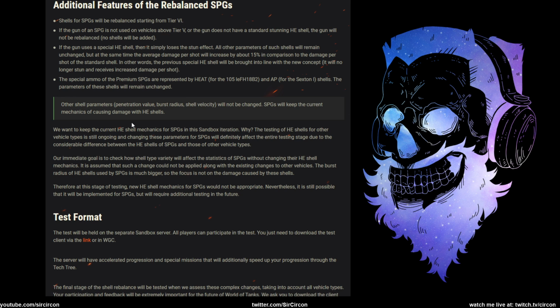Other shell parameters, shell pen, burst radius, shell velocity will not be changed. SPGs will keep the current mechanics of causing damage with HE shells, okay? They want to keep the current HE mechanics for SPGs in the Sandbox iteration, while the testing of HE shells for other vehicle types is still ongoing, and changes to these parameters of SPGs will affect the entire testing stage due to the considerable difference between HE shells of SPGs and those of other vehicle